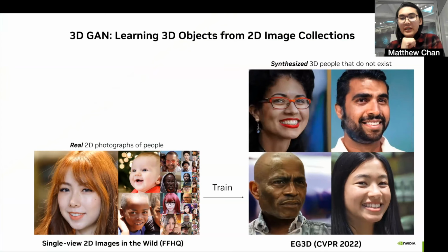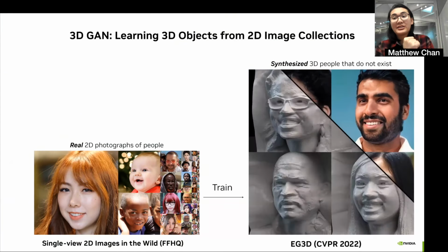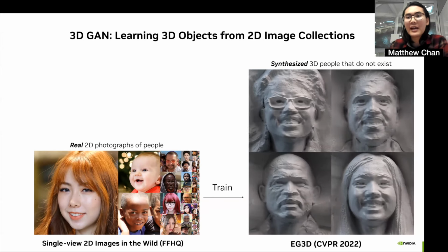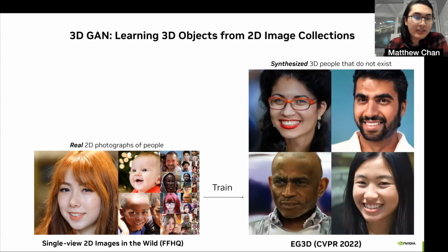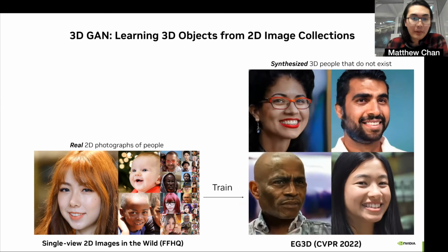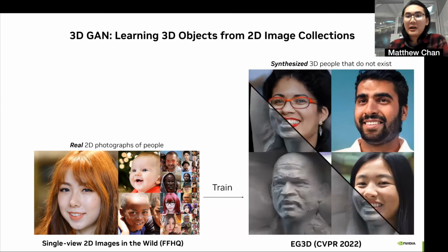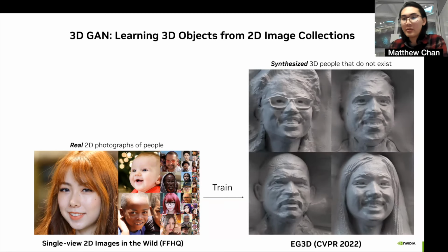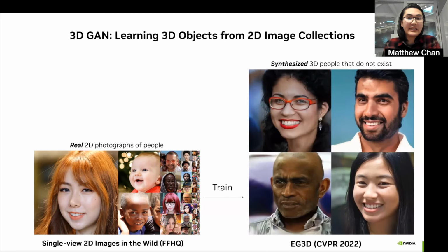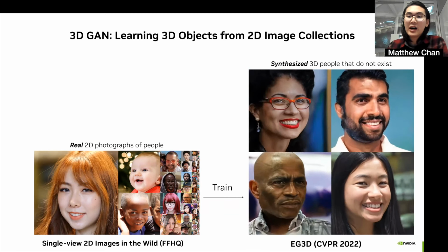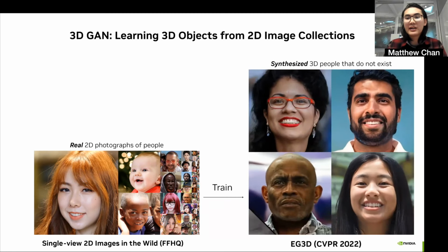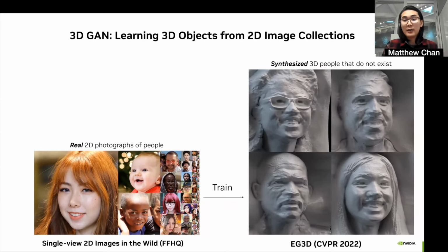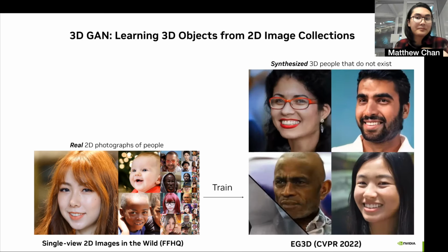Two years ago, we presented the 3D aware image generator called EG3D. And just like the 2D GANs, 3D GAN models are trained using unstructured images of 2D people. You see that in the bottom left. And yet, despite never really seeing 3D people or multi-view images or any other inherently 3D information, these networks are able to generate multi-view consistent images and videos and also objects, all in real time.